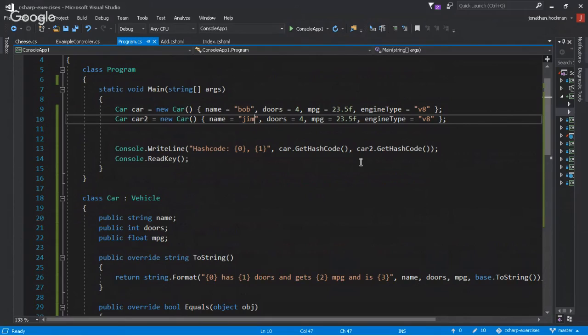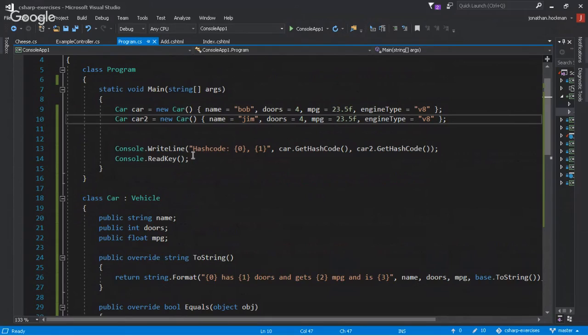Yeah, and again, the needs of your class are going to inform how you want to do that. I can't really think of any instance where I felt the need to override the equals method or even the get hash code method, but that's because I don't primarily use get hash code. Although it is useful when you want things stored in a dictionary, which is one of the examples they brought up, right? If you want things stored in a dictionary and you want to use the hash code of a particular